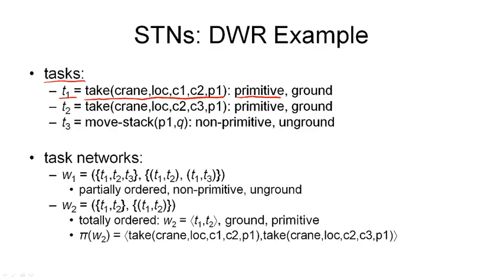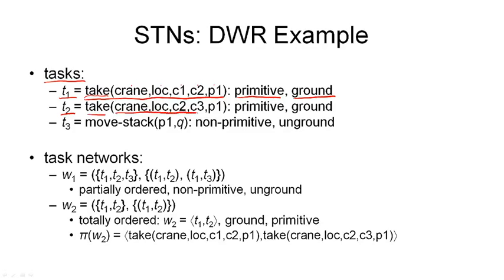It is primitive because we have an operator that has the same name, namely take. And this task is ground because all the arguments that are given to this task are all objects and not variables. Similarly, we have a task T2, which consists of the same task symbol, take, and it takes with the